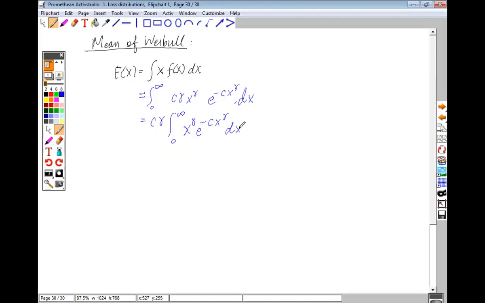So now I want to figure out this integration. And I know that I have something going on from 0 till infinity, so it's a definite integral. And I'm looking at changes with respect to the x variable here. So I have x raised to gamma here, and then I have e raised to minus c x raised to gamma there. So what should I be doing next? Anyone? Apart from those who have already submitted the answers.